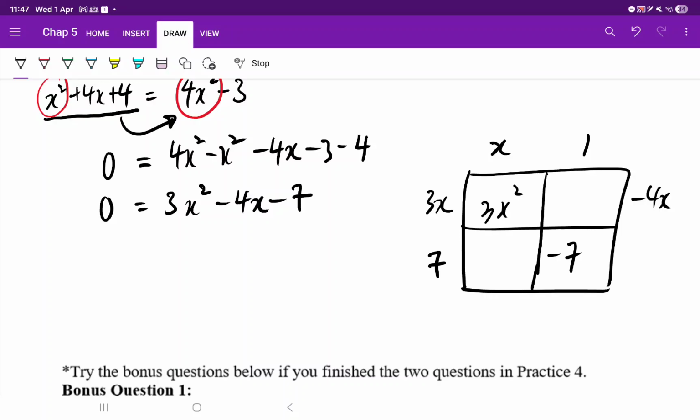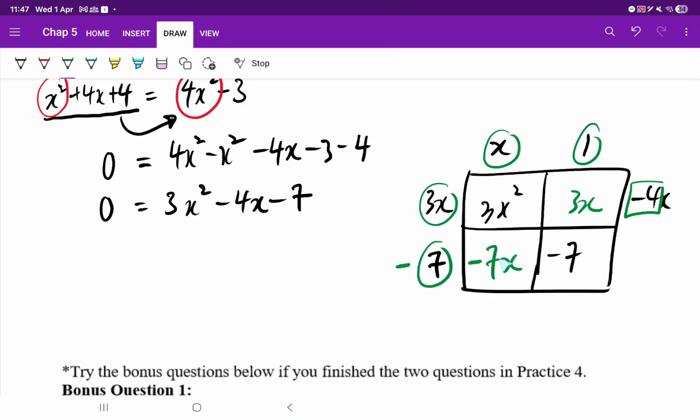Okay, let's fill up the middle. 3x and 1 gives me 3x, and then x and 7 gives me 7x. I want a minus 4, so clearly there must be a minus sign here, right? So minus 7x plus 3x will give me minus 4x. So now I'm done. I put a plus here. I know that my factorization is x plus 1,